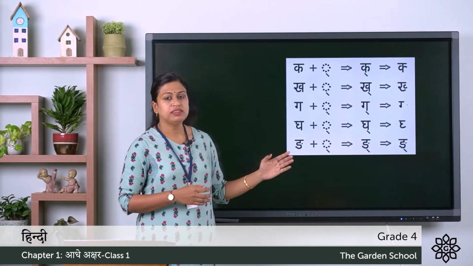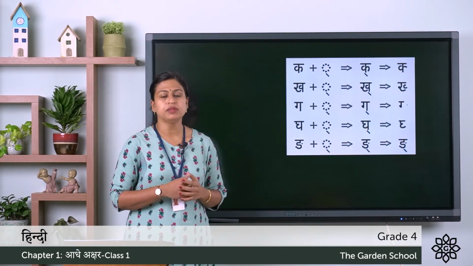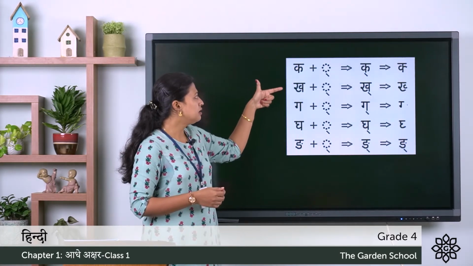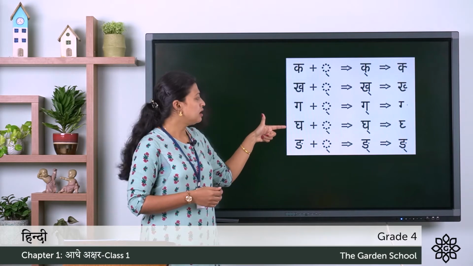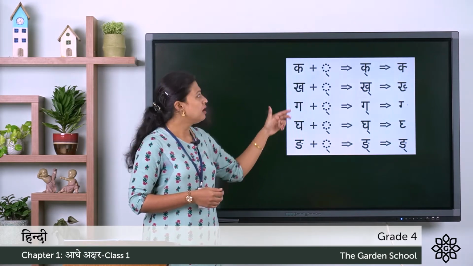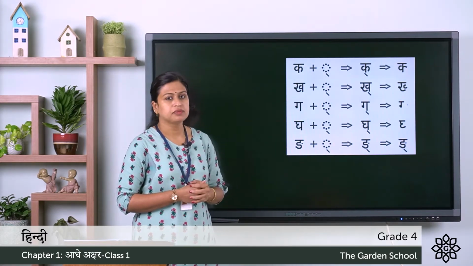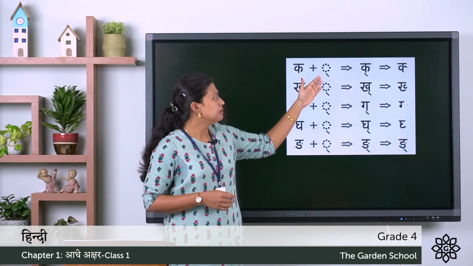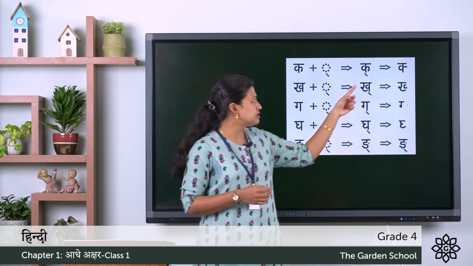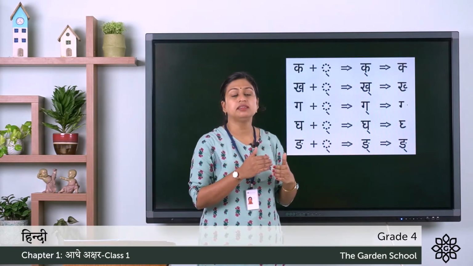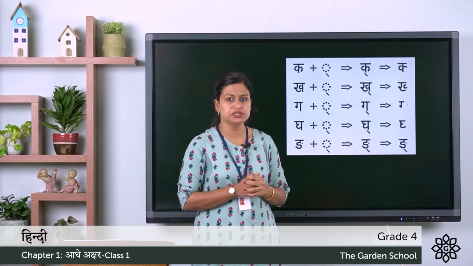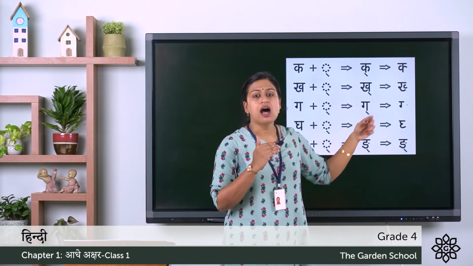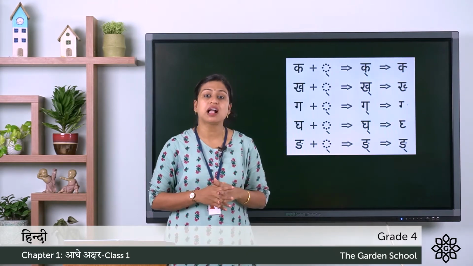So let's start with the first set of Vyanjan letters. We know that the first set of Vyanjan letters are Ka, Kha, Ga, Gha, Nga, plus the Hal symbol. As you can see here, Vyanjan letter Ka with the Hal symbol. So this is the way to write it, you have to write the Hal symbol at the bottom of Vyanjan letter. This means that it is the half form of Vyanjan Akshar Ka.